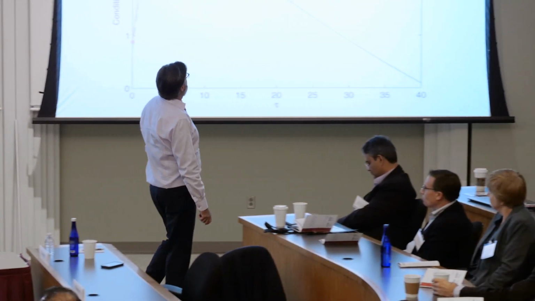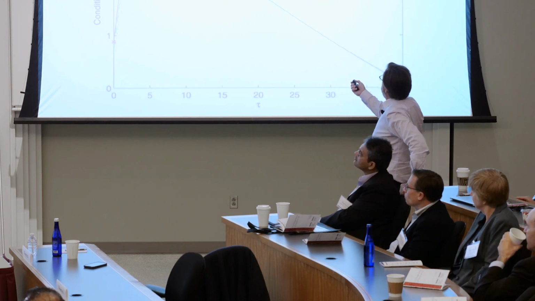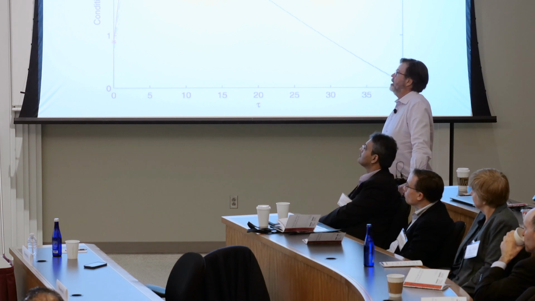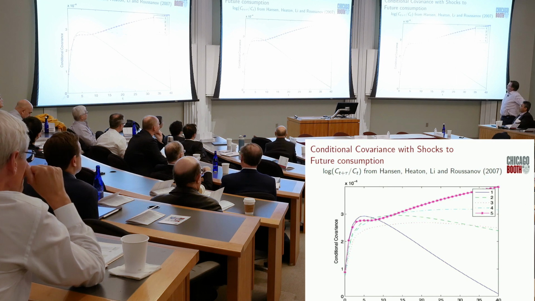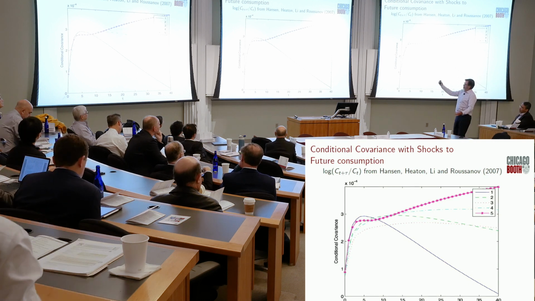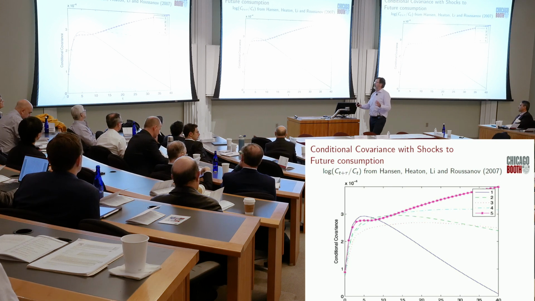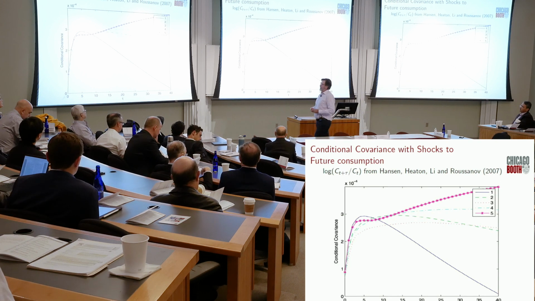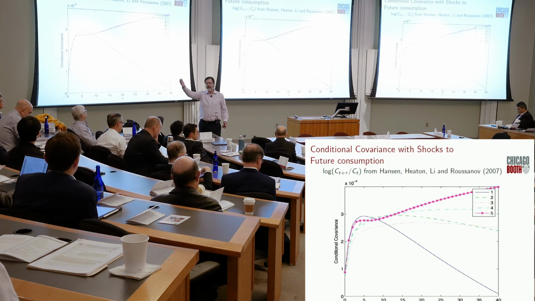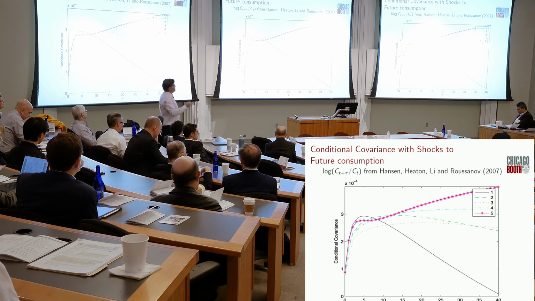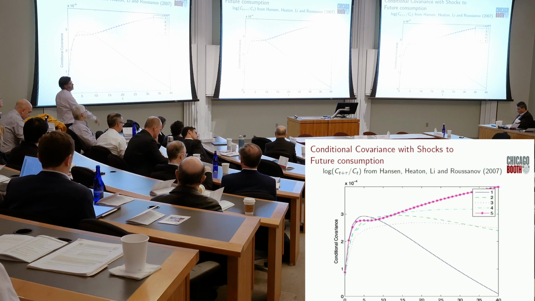Okay, so in another paper, a handbook paper with, that's the wrong Li, spelled wrong, that should be L-E-E, not Nan Li, and Nick Roussanov, we have a handbook paper that looks at, in one of the figures, the following: fit some dynamics to consumption, use some other variables to forecast, and throw in the book-to-market returns as part of your forecasting, okay? And so look at those shocks to these returns and how they co-vary with future consumption.